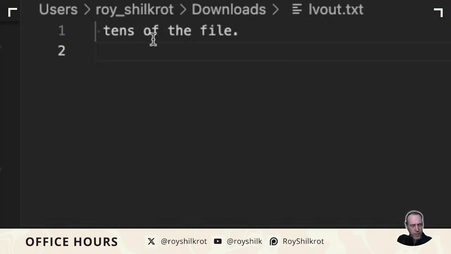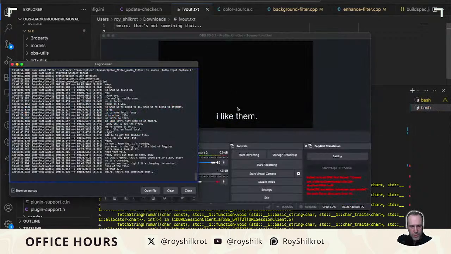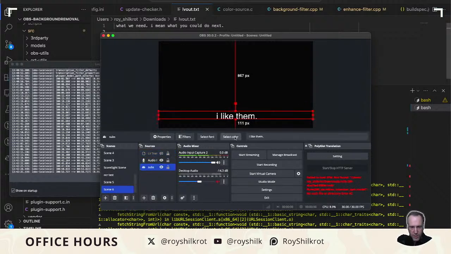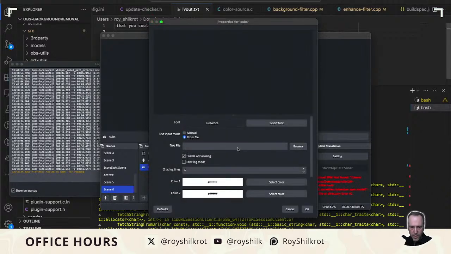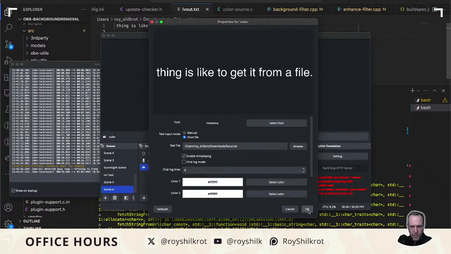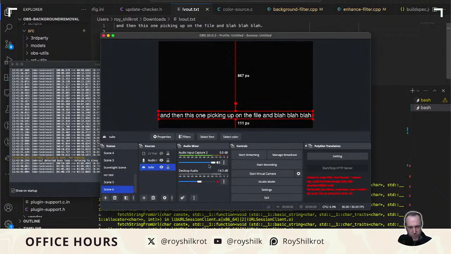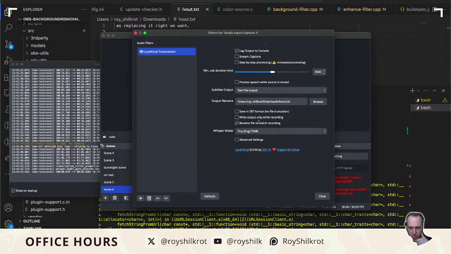So that's weird. That's not exactly what we need. What you could do next is say, I want to get it from a file, which makes little sense, right? You've got Local Vocal sending to a file and then this one picking up on the file, and that doesn't make sense. We want Local Vocal replacing it, right? We want Local Vocal to